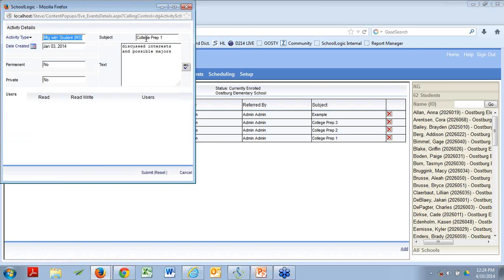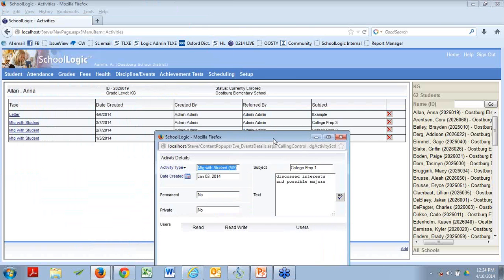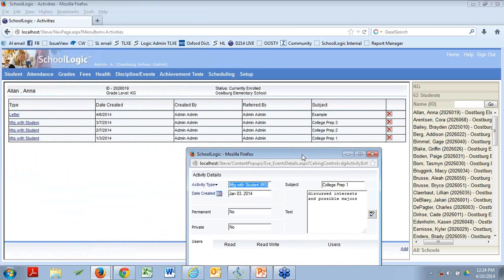Subject, manually entered, okay? So if you are going to propose a use of activities like this, you are going to want to set up a series of what should the subject be. You are going to want to mandate that. Because if you don't, your operators will be willy-nilly here, and subject will make or break how this sets up on the reports.